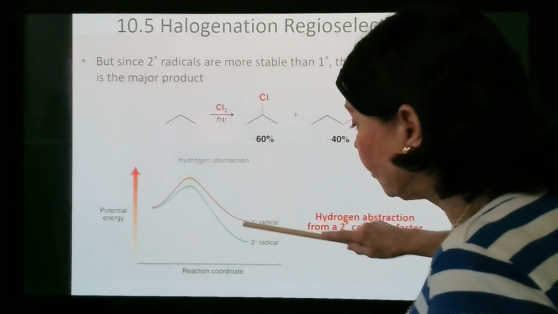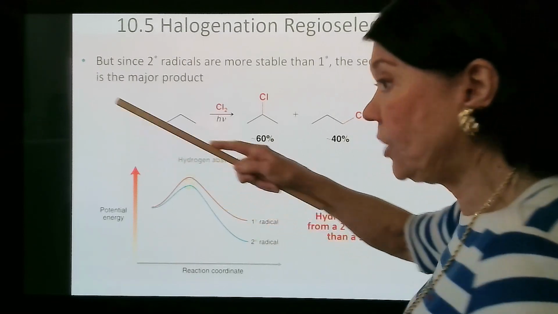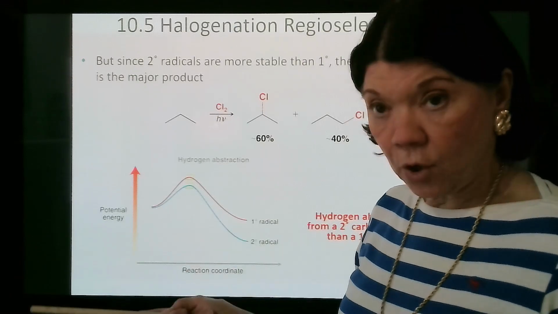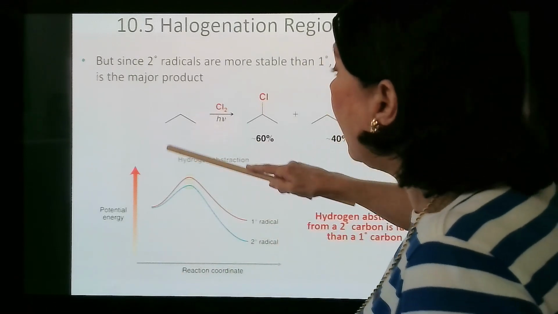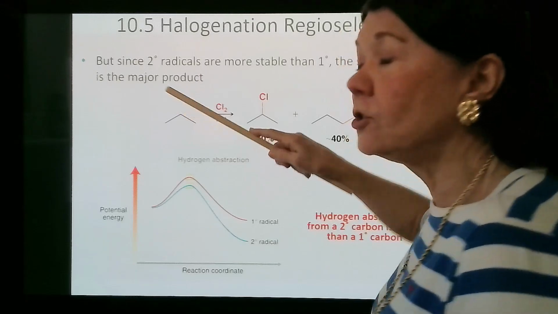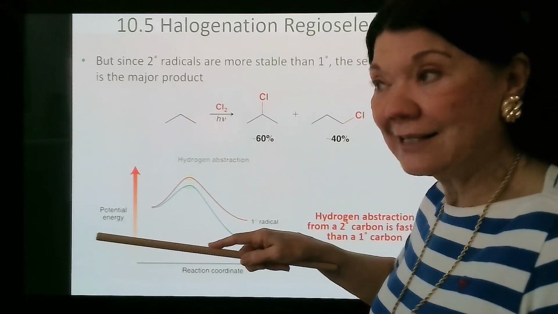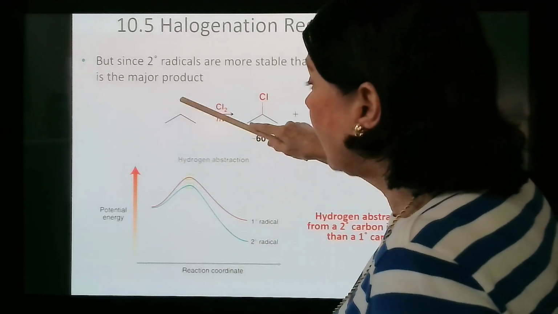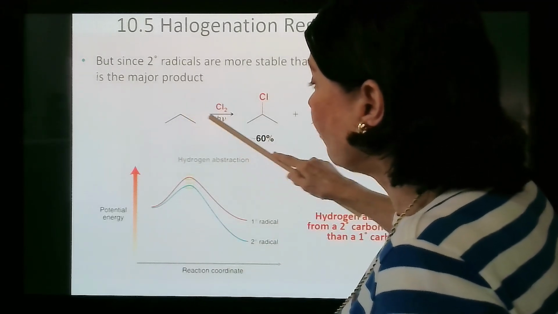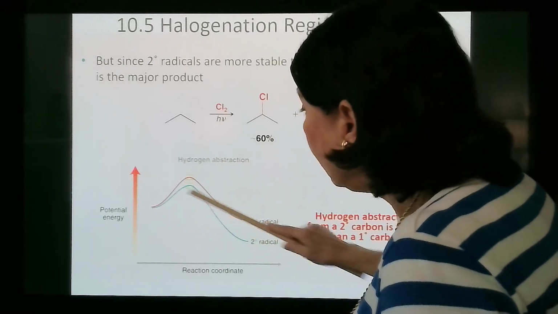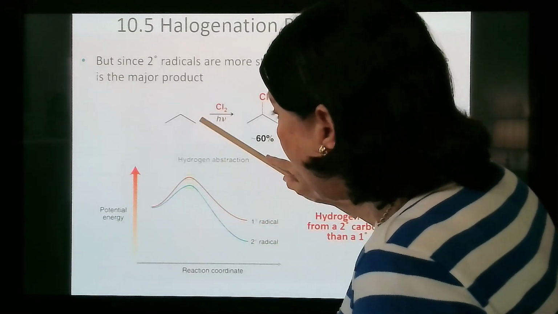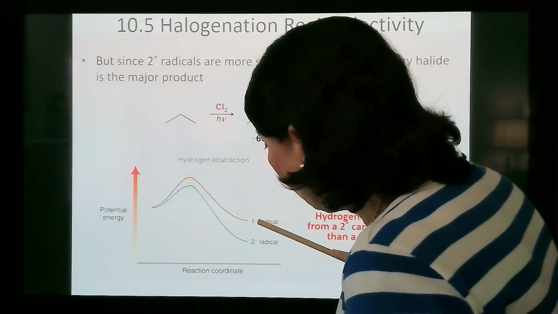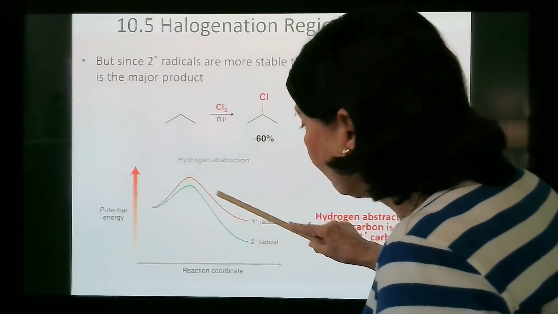So here, this is the step in which the Cl dot from the initiator abstracts a proton. Cl dot will come in and abstract H dot. It will abstract a hydrogen atom, not a proton. It will abstract a hydrogen atom from here or from here. If it abstracts a hydrogen atom from the terminal position, it's going to give you a primary radical, and it will go over this red